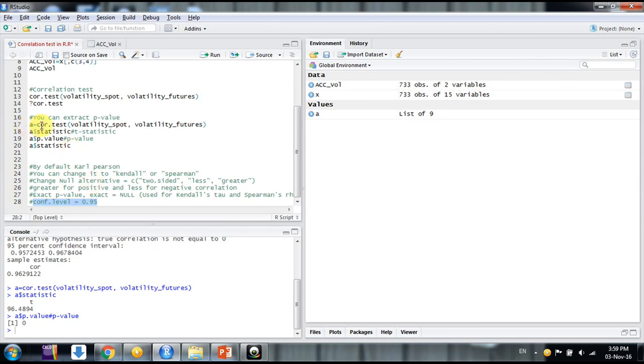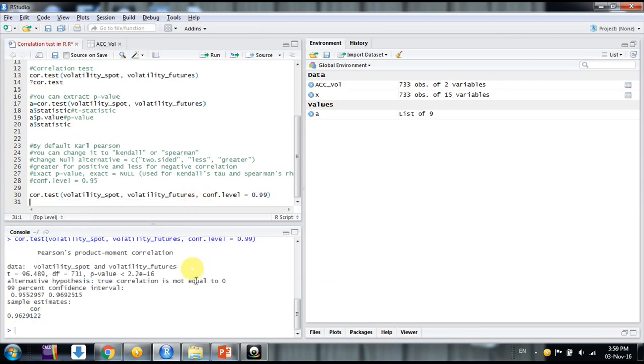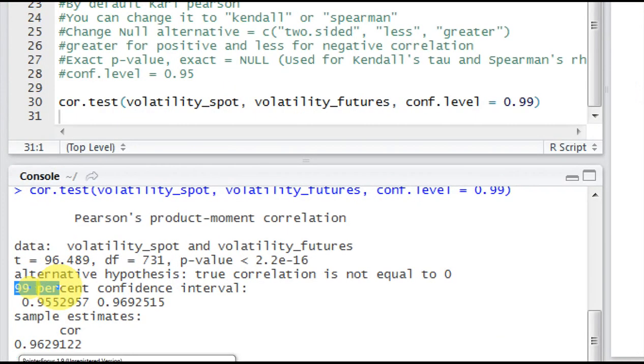Suppose this is the function here. If you want to change the confidence level, go and add one more argument, conf.level equal to 0.99. Now we are getting the result for 99%. Here it has shown, friends, it's 99%.